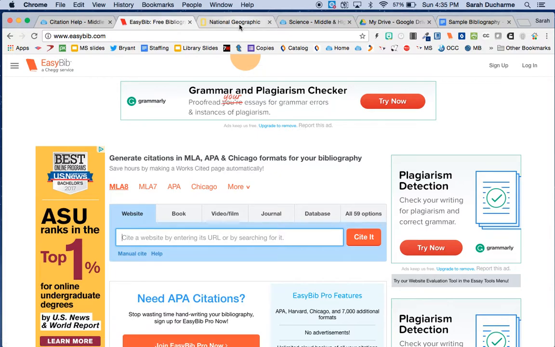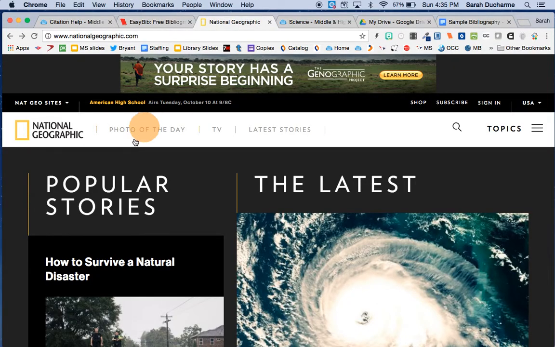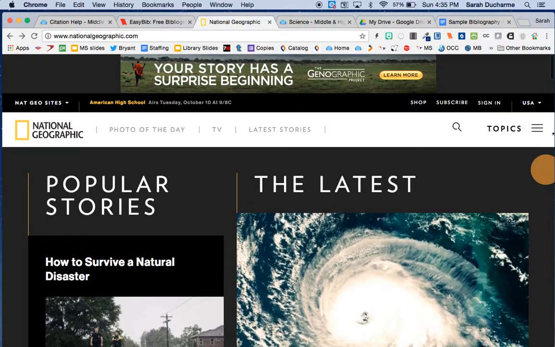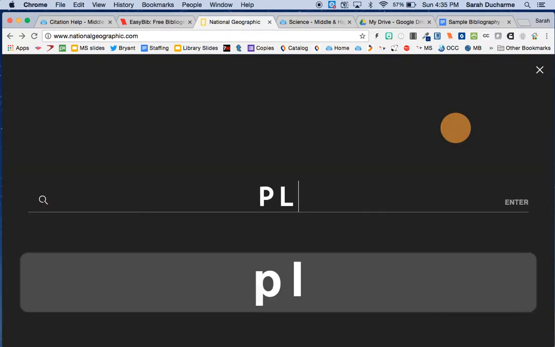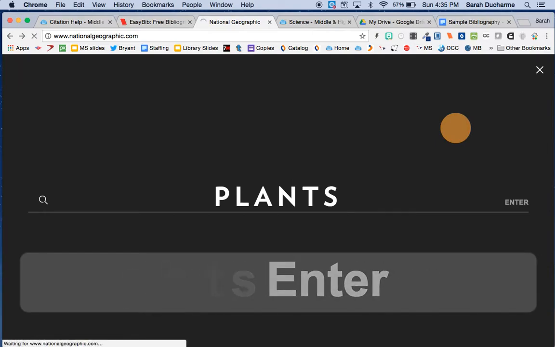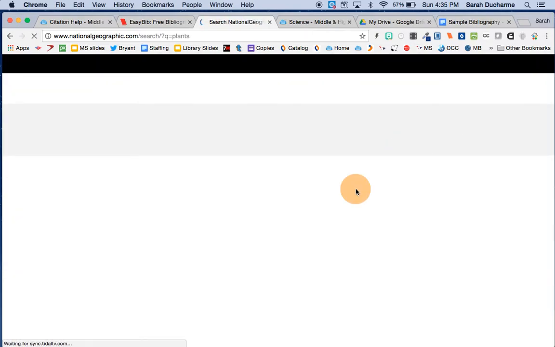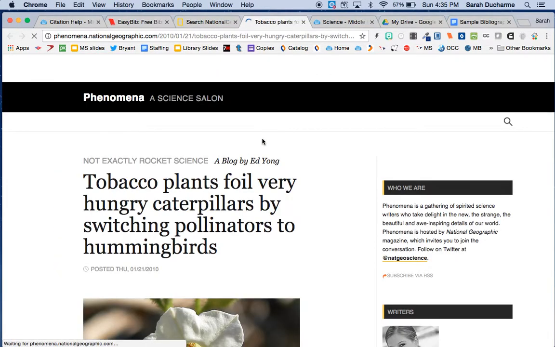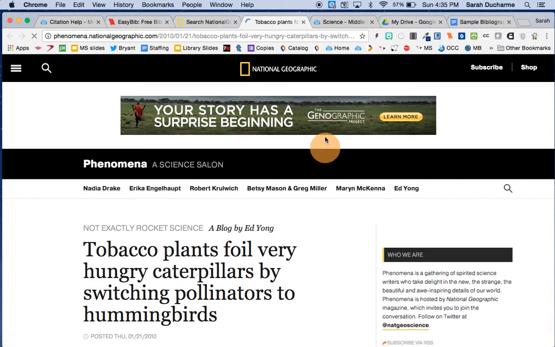And we're going to go to one from National Geographic. Here I have the National Geographic website. And I'm going to go ahead and do a quick search for something about plants, just to get us started. And I'm going to choose a page, this one here, tobacco plants foil very hungry caterpillars. And I found some information from this page, so I'm going to copy the link at